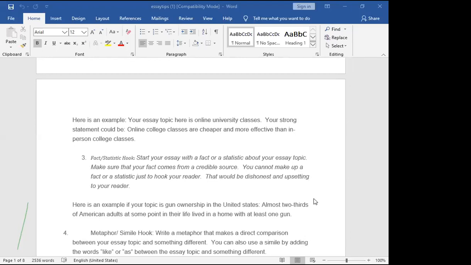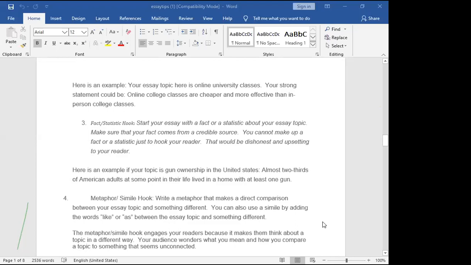You make sure that your fact comes from a credible source. You cannot make up facts or statistics just to hook your reader. You should be honest. And whatever else you are saying should actually match a real accident scene. Number 4,